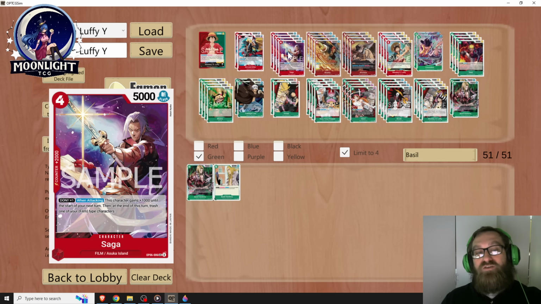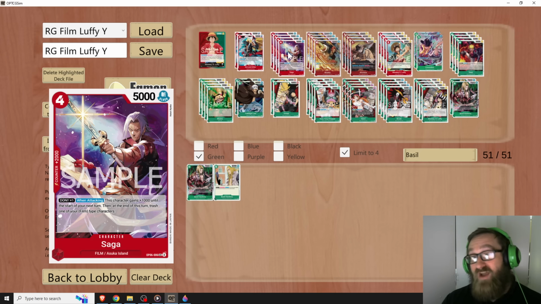Because remember, he's a 4-cost 5K, right? Attach 1 Don, and then when attacking, go another plus 1,000. So for 1 Don attached, you're swinging for 7,000 with him for that turn. But then you're going to have to trash him at the end of your turn unless you do something to